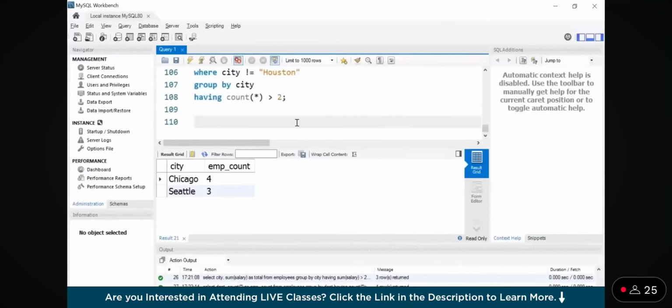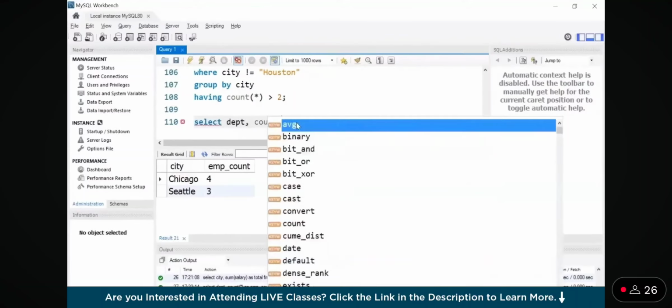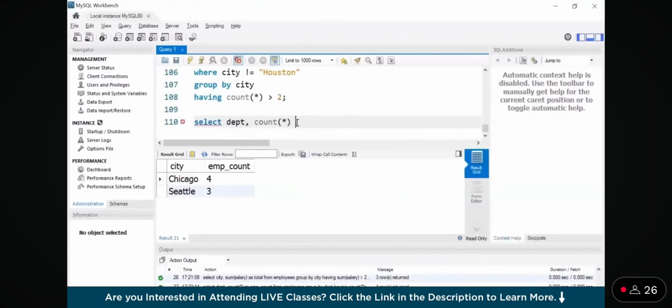Now you may also use aggregate functions in the having clause that do not appear in the select clause. So if I want to find the total number of employees for each department that have an average salary greater than $75,000, I can write it something like this. So select department, comma, count star as emp_count